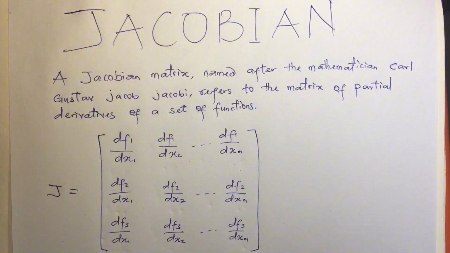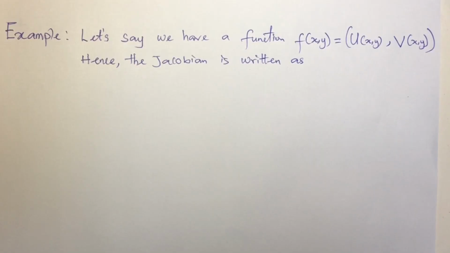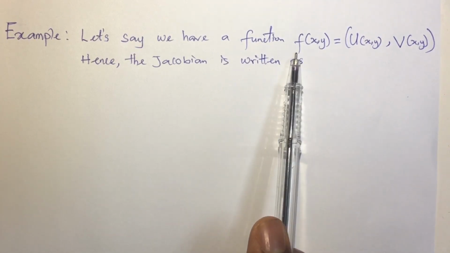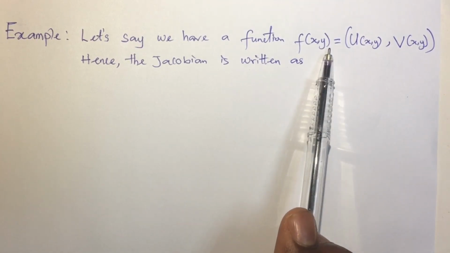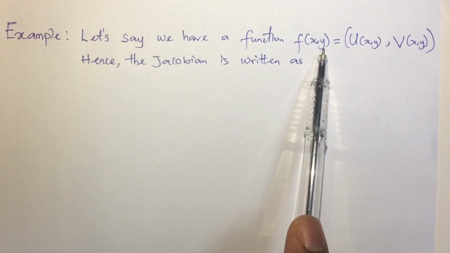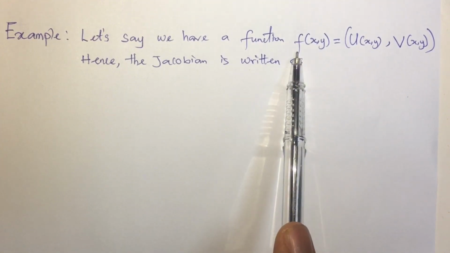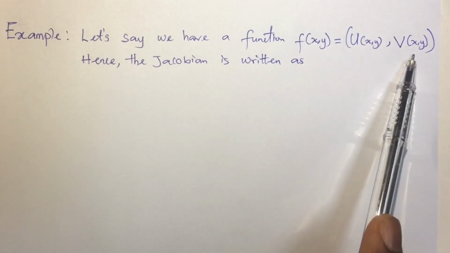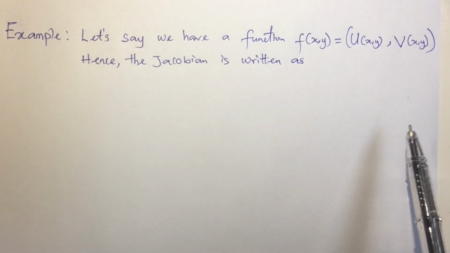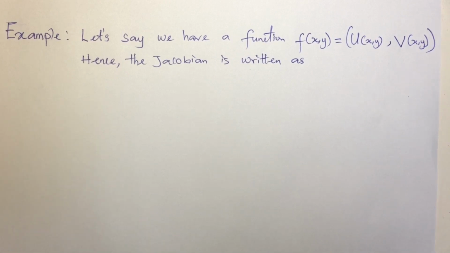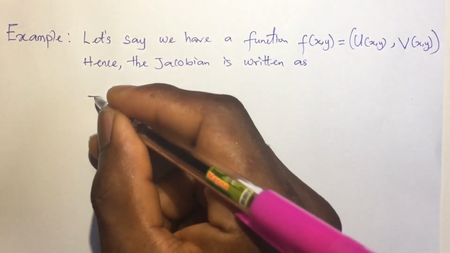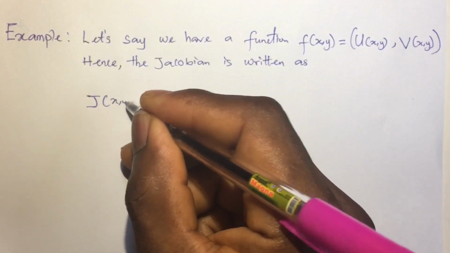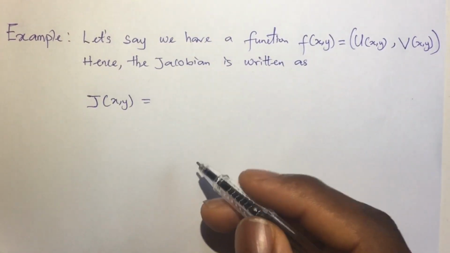For example, let's say we have a function f of (x, y) which is equal to (u(x, y), v(x, y)). Now this is a function having two variables x, y. This function is being represented by these other two functions u and v. So looking for the Jacobian of this matrix, we have that J(x, y) is equal to,